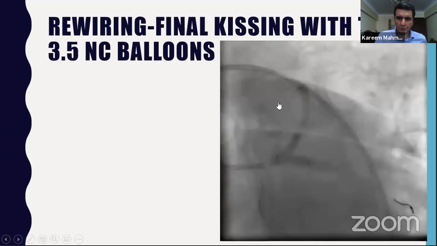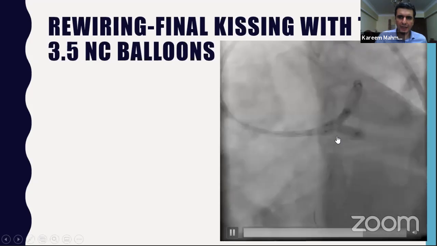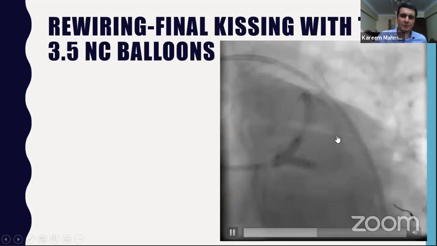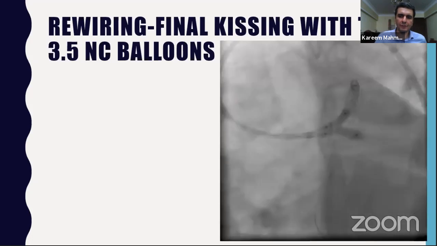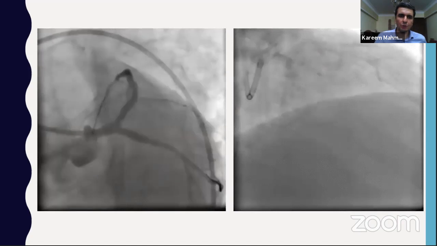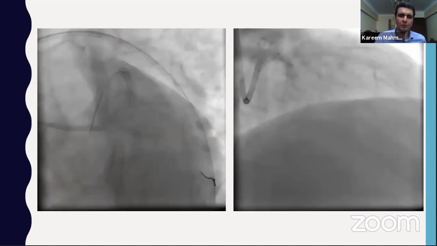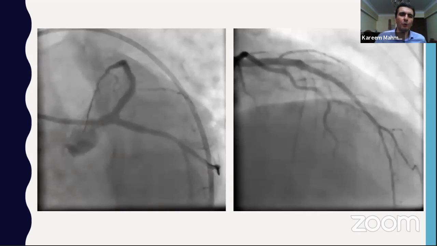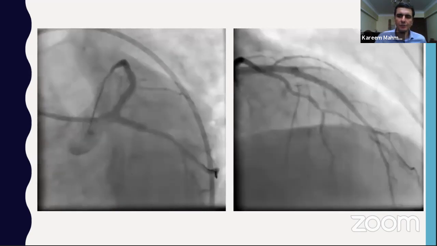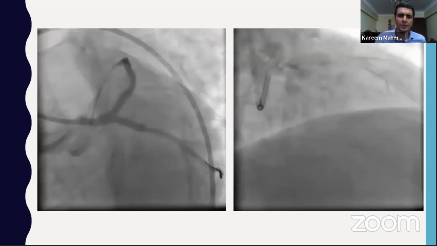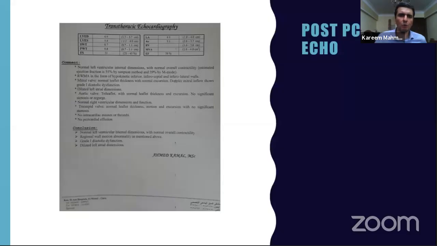Here, actually, as I mentioned, I didn't have a small balloon for POT, so this was the final result. Actually, this was a 3.5 millimeter balloon, so reaching a diameter of about 4.6, 4.7 millimeter in the left main. And this was the final result. The echo showed the ejection fraction was preserved after this procedure, and the patient was discharged after 3